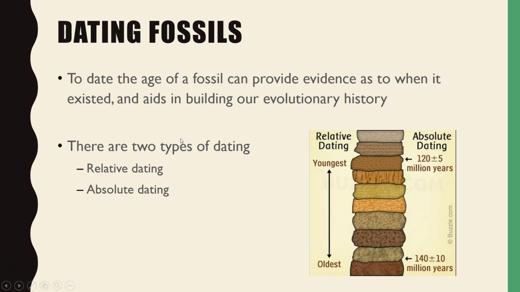Now, we're going to be dating fossils. To date a fossil, there are two techniques we can use. We can look at relative dating and absolute dating, and that will tell us an evolutionary history over time. So we know how fossils occur, and now we're going to be able to date these fossils. Relative dating, relative is a word to describe a comparison. Relative dating just describes that the oldest rock will be at the bottom and the youngest rock will be at the top. And absolute gives you a more accurate, more quantifiable description of when that particular fossil